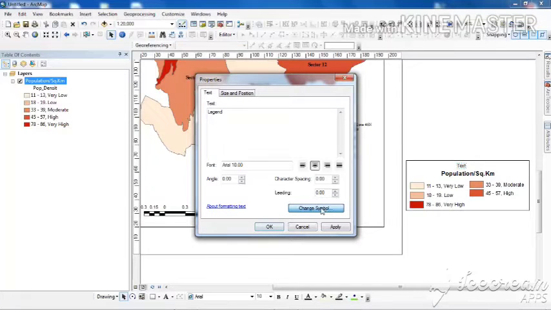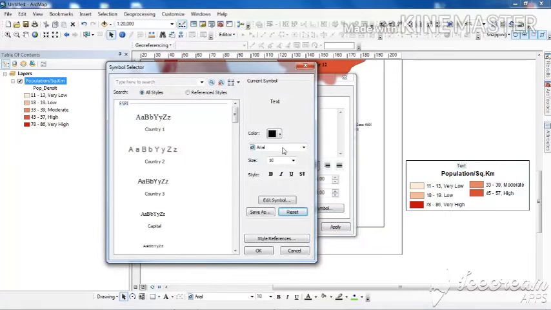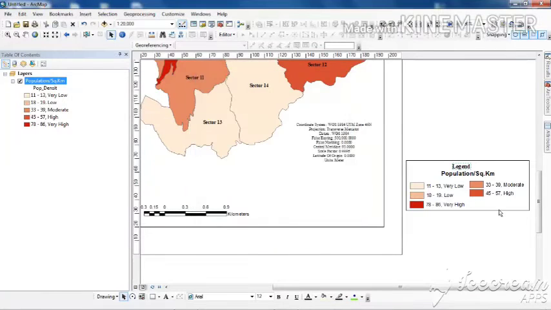I will change my font size from change symbol. As I am doing everything in Times New Roman, I am selecting it, making it 12 and bold. You just see now it has come in Times New Roman.